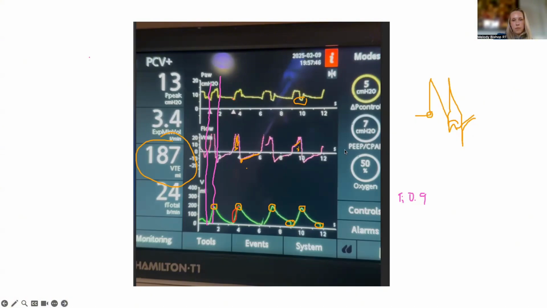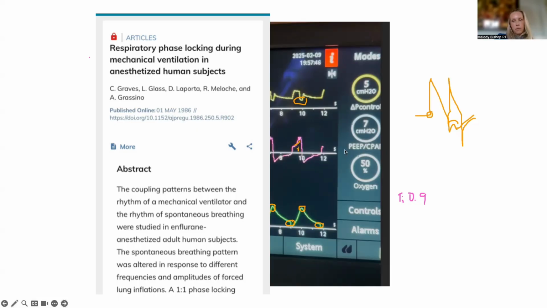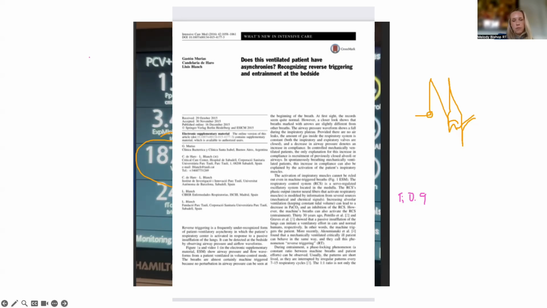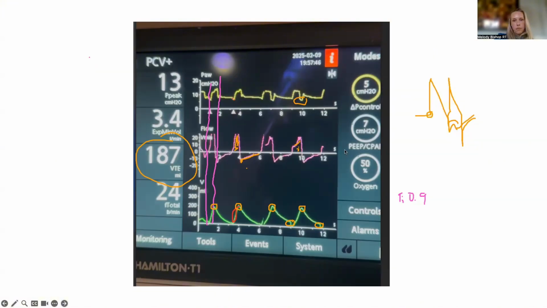So unfortunately, with this situation, it's a little bit different because if you can lighten the sedation, as you mentioned, that is one way to get rid of it. It's based on this neurologic, I don't want to call it a theory because it's been proven, called entrainment, which is the body reacting to its outside environment patterns. So if the brain is entrained, you can have 3-to-1 reverse triggering, 2-to-1, 1-to-1, meaning every breath is a reverse trigger. You could have it patterned 2-to-1, so every other one's a reverse trigger. You can have 3-to-1, every two breaths, that third one is a reverse trigger. So it's actually more in depth, and there's some papers on it. I could probably link to this as well because it's very interesting.